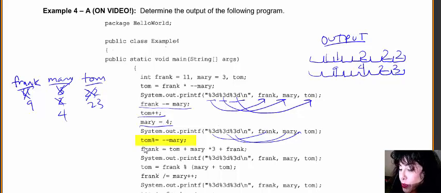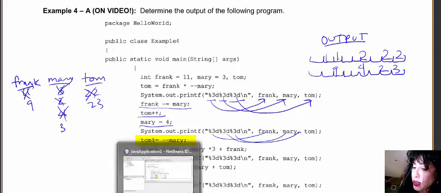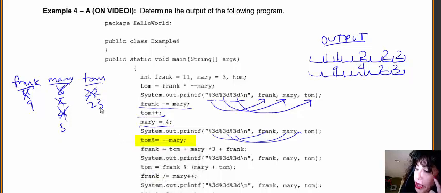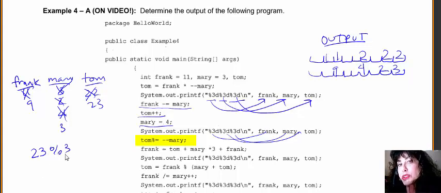Now we go on and we're going to do Tom mod equals minus minus Mary. Well, that means we're going to have to do the minus minus first since that's in front of Mary's name. So Mary will go from a 4 down to a 3. Then we're going to do this mod equals. So what are we doing? Tom is currently a 23, so we're going to say that we need a 23 mod Mary, which is a 3. So the mod, remember, is the remainder operator. This means that the new value of Tom is going to be whatever the remainder is after we divide 23